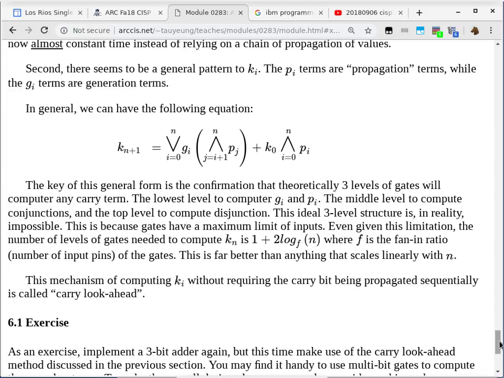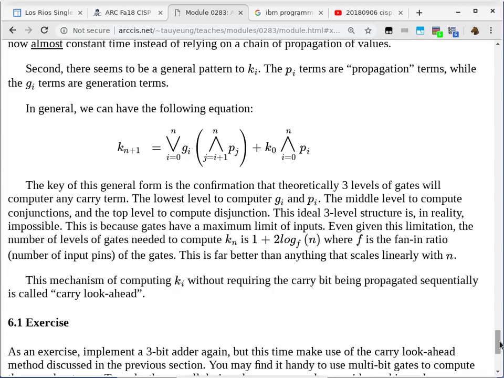So that means 3 levels of gate propagation is enough to compute k(n+1), doesn't matter what n is. If we assume the propagation delay of each gate is, let's say, 5 nanoseconds,